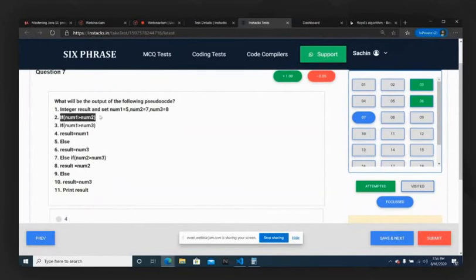Suppose this condition is not true. See, this is very simple. This is actually finding the maximum answer, the maximum sum. Because when num1 is greater than num2 and also num1 is greater than num3, you can take num1 as the greater element. But suppose num1 greater than num2 is true, but num1 greater than num3 is not true, then definitely number 3 will be the greater element.